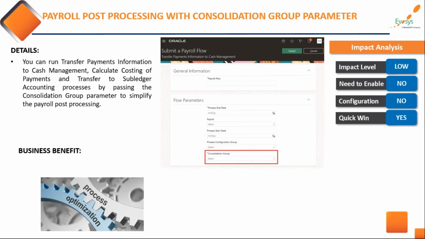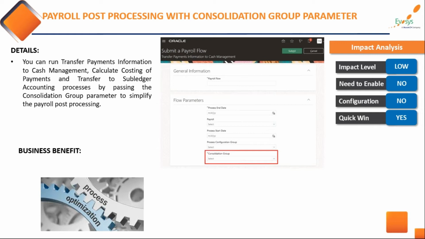What used to happen previously is, whenever we were processing payrolls and processing, let's say, costing of payments, which happens by default because of payroll calculation, if you were not choosing any consolidation group as a parameter, the system would post all the results depending on the payroll you had selected. So now from 20D, what will happen is, if you are running any costing process with the consolidation group